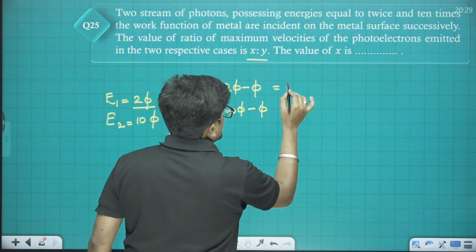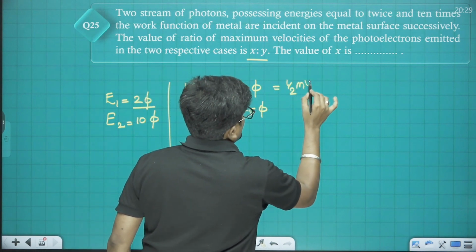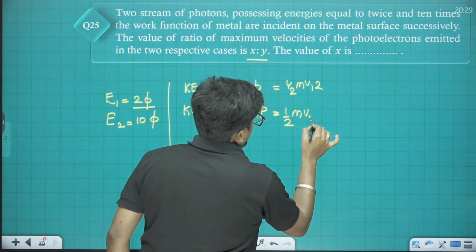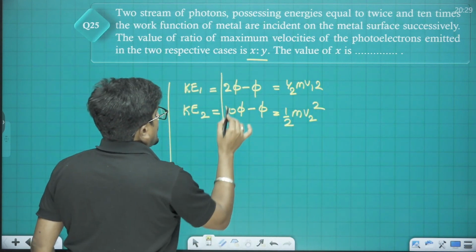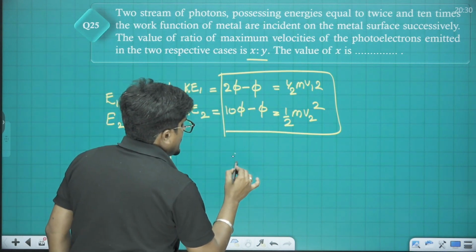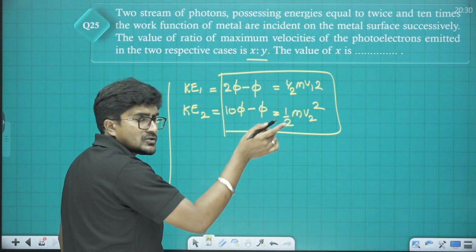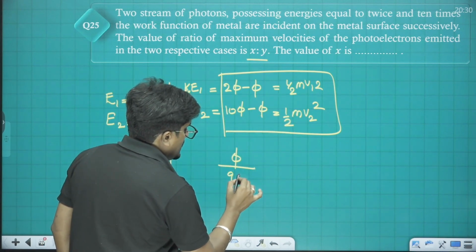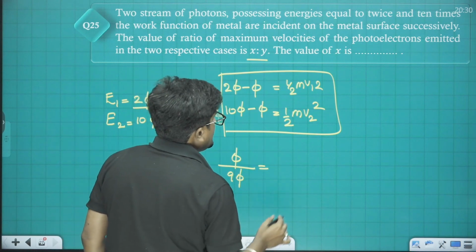And here this is half m v1 square, and here this is half m v2 square. So I can now consider these two equations. 2 times 5 minus 5 is 5, upon 10 times 5 minus 5 is 9 times 5, and this is equal to